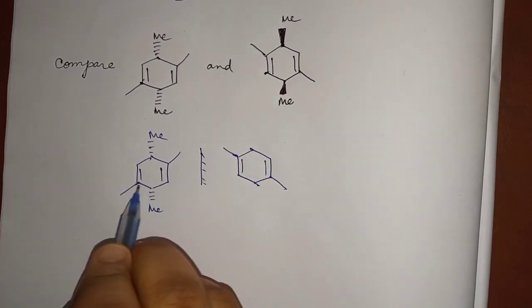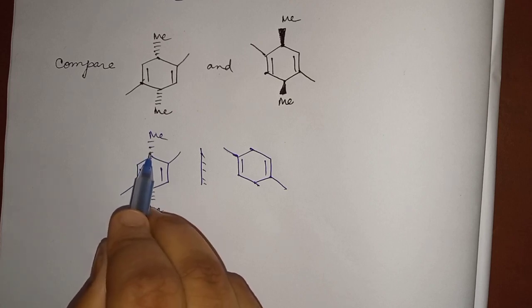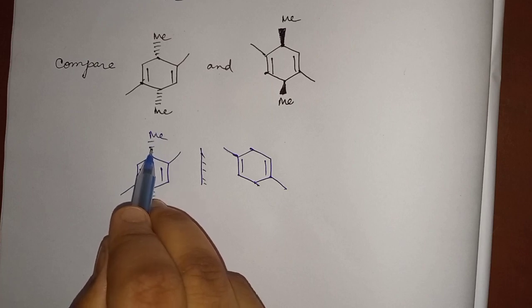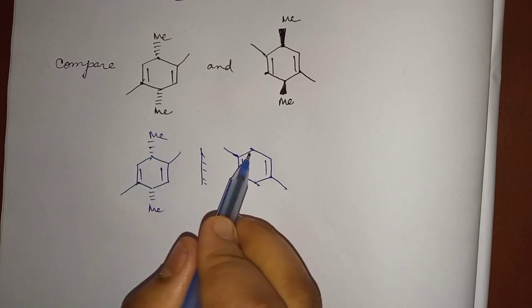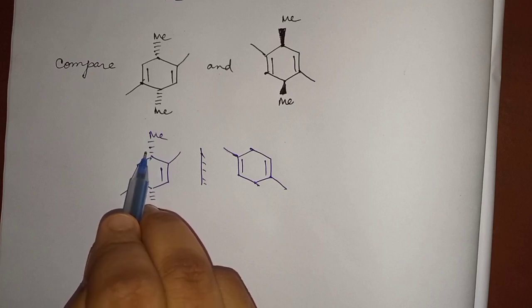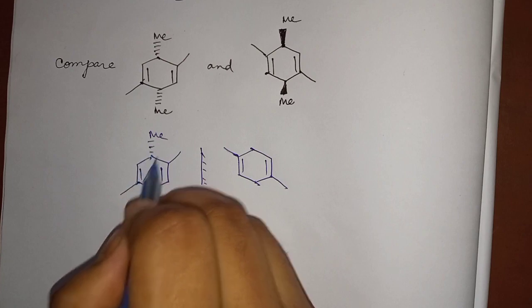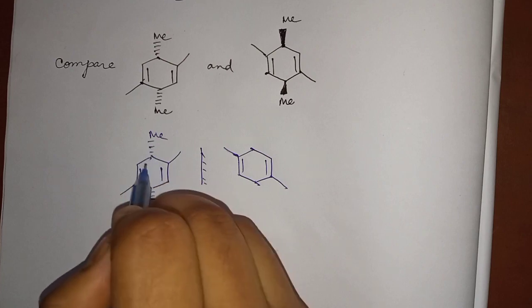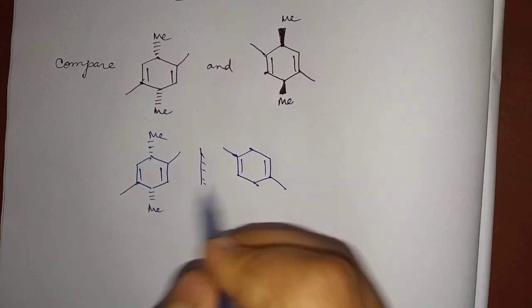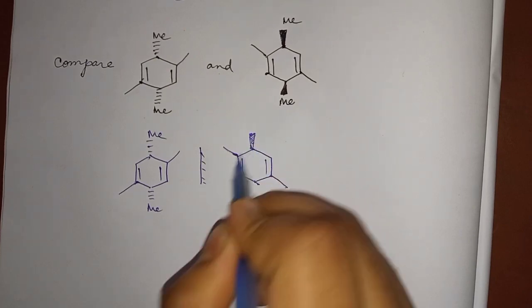So in cyclic compounds, the way to reverse the chirality is to reverse the nature of these groups. That is, if here it is down, then in the mirror image we have to bring it to the up position, and if it is above the plane, then we have to bring it to the downward position. You could also have got this by using the RS nomenclature; you would write the RS configuration and get the same result. I am doing it directly, that in cyclic compounds you have to just change the state,